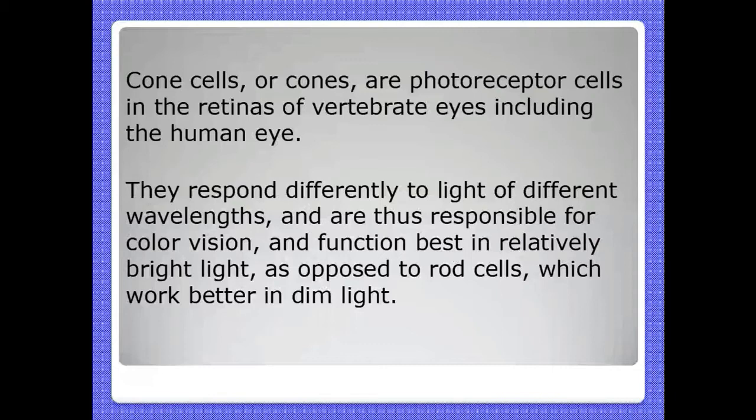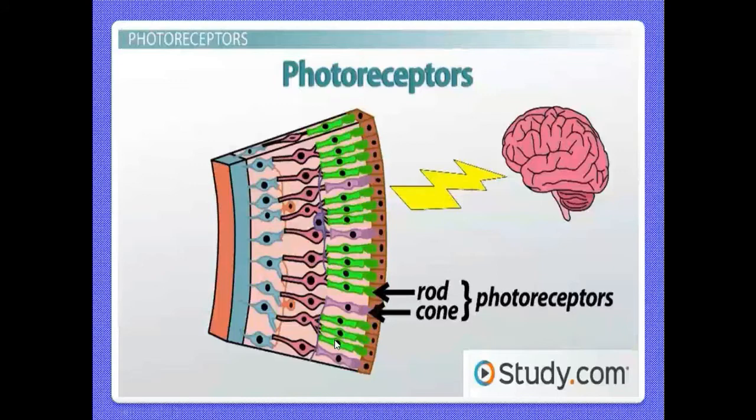Here you can see photoreceptors function. From the retina it comes to ganglion cells, and then rods and cones are triggered. This is rod and this is cone, photoreceptors. After that, light energy is converted to electrical energy that goes to the optic nerve. From there the electrical impulse is taken to the vision center of the brain, where the image on the retina is recognized and understood by the brain.